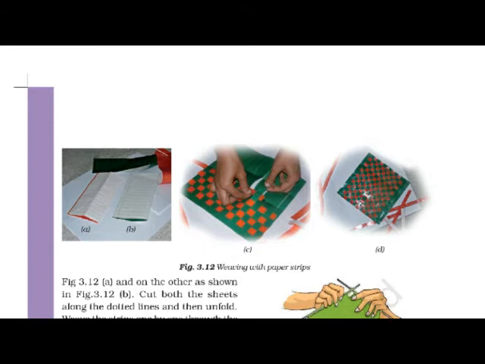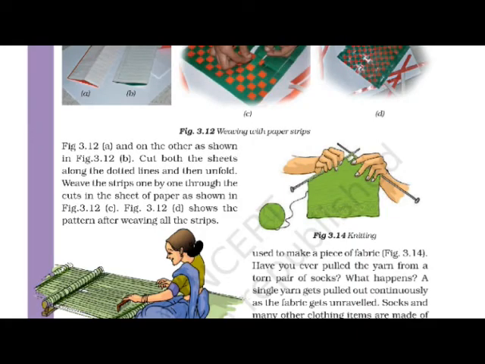See, actually the process involved for making the sheets is weaving. We can understand the activity very simply on page number 22, which is on your screen. Figure A, figure B, figure C and figure D. I think you may have done it for your craft work also. So you can get the idea how to make fabric from yarn.